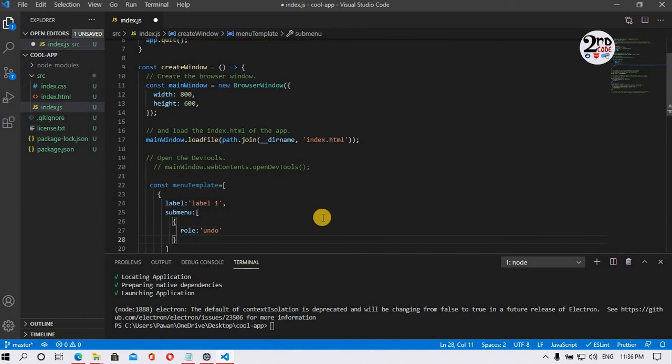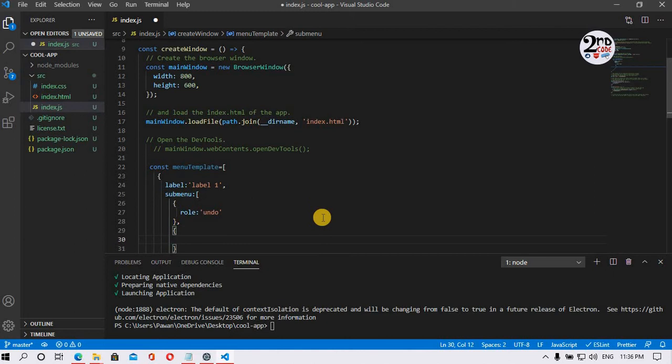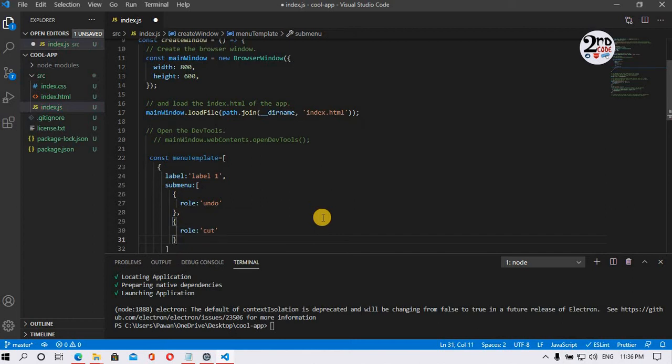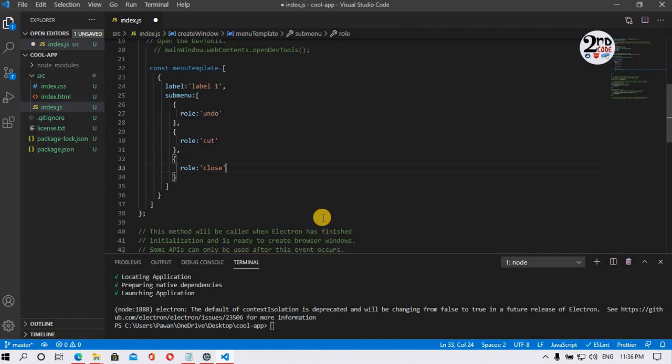Next, role can be cut, and then after, role is close. These are the predefined menu options. I am going to show you how this will work.